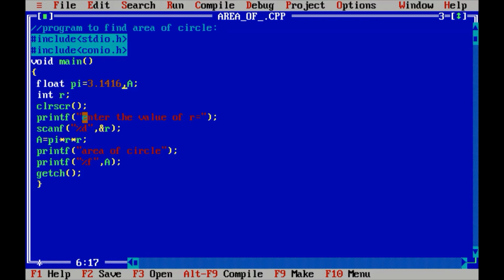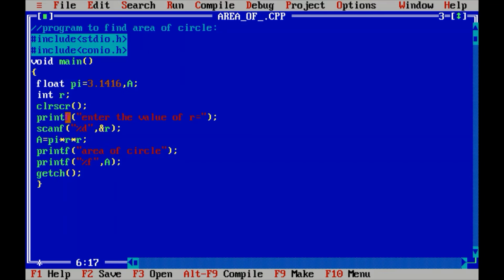After that, the clear screen statement is used whenever you run the program again and again. If you do not write clear screen in your program, then the output section will be messed up by showing the previous results again and again, so your output section becomes messy. That's why I suggest you all write the clear screen statement in this program.